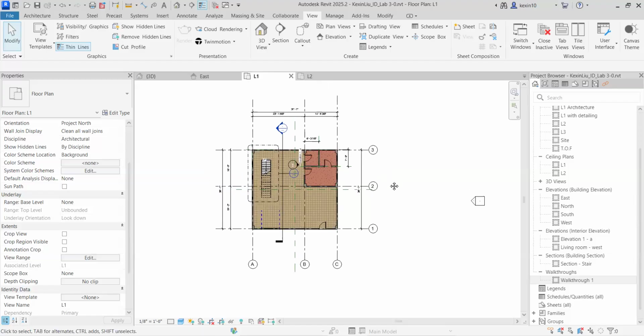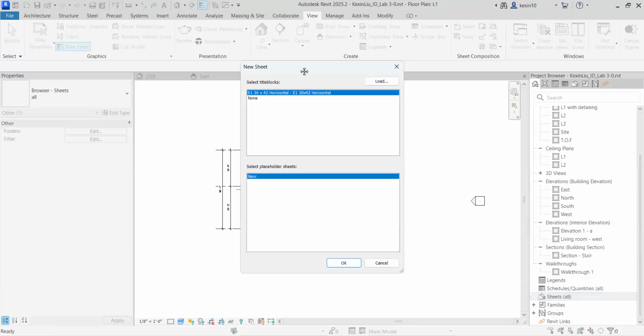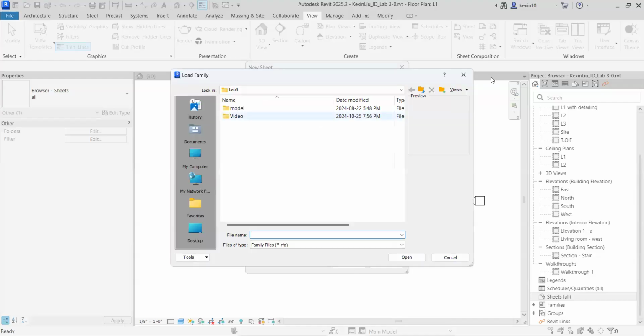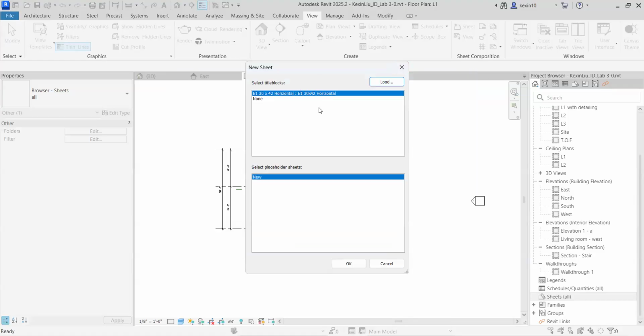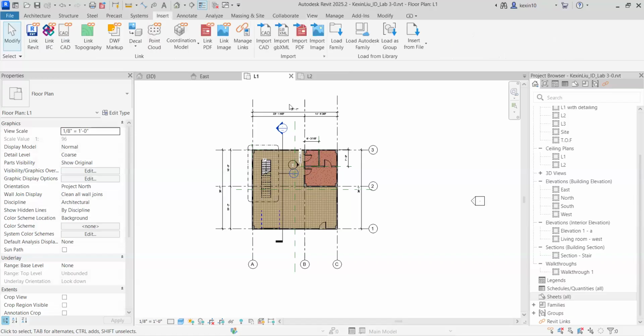And next, we can use the 3D models to create our 2D drawings. So in the sheet here, we can create a new sheet. But now you can see we only have one title block. And we cannot load anything from here because nothing is here. But we can load the sheet title block from the Autodesk library. So still Insert, Load Autodesk Family,